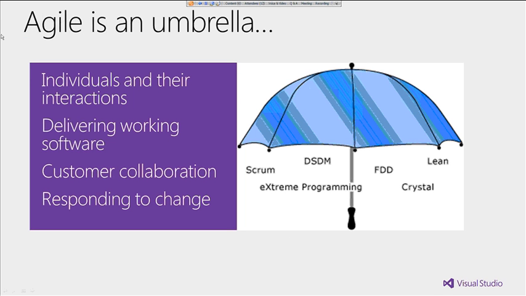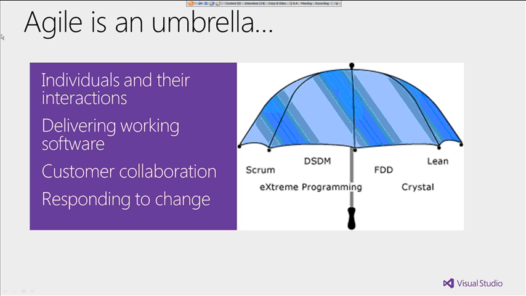Let's get started, and first let's do a quick review of what we think about Agile. Agile is an umbrella. So today's presentation is about Agile project management with Scrum and Agile. But I'm going to specifically be demoing features related to the process template that we have with Visual Studio 2012 pertaining to the Scrum template. But since Agile is an umbrella, anything that we do will be valuable to other process